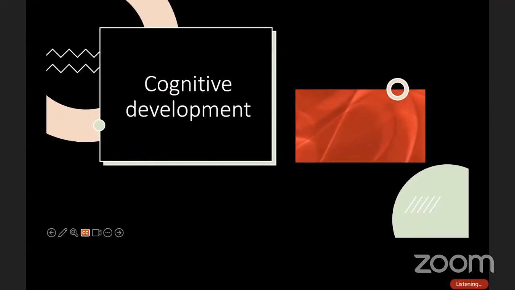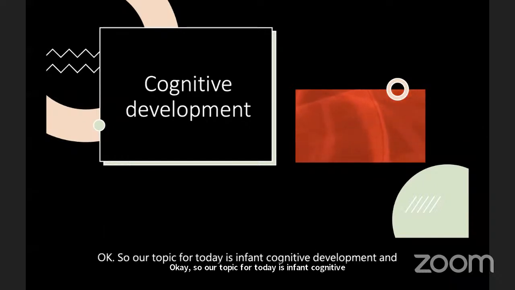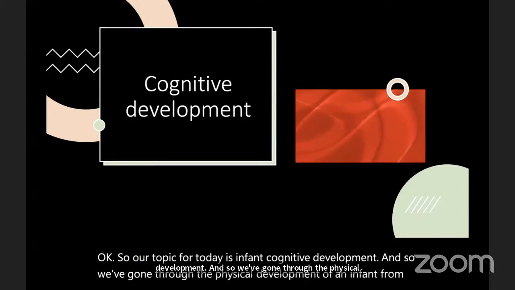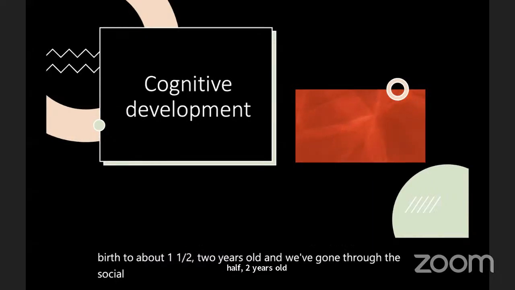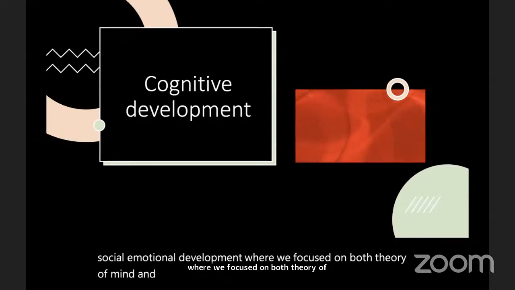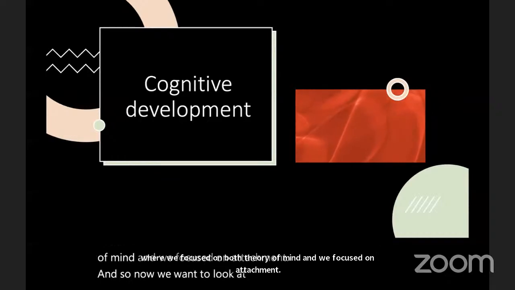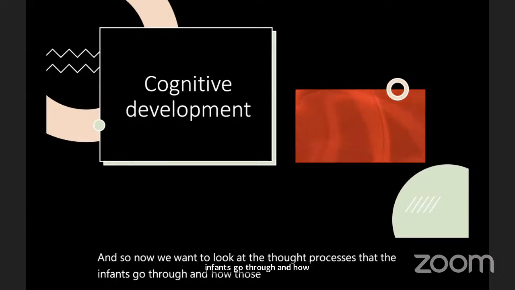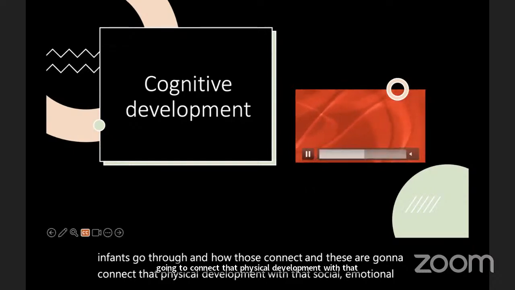Okay. So our topic for today is infant cognitive development. And so we've gone through the physical development of an infant from birth to about 1.5, 2 years old. And we've gone through the socio-emotional development where we focused on both theory of mind and attachment. And so now we want to look at the thought processes that infants go through and how those connect. And these are going to connect that physical development with that socio-emotional development that we've been talking about for the